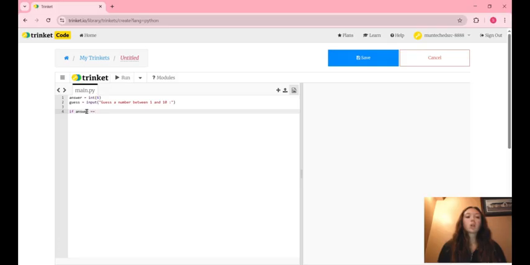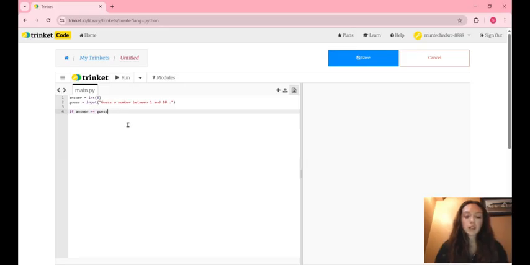We're not setting guess equal to answer. We're not trying to make a variable there and store the guess in answer. We're trying to say if answer is compared to guess. We're comparing the two. That's what two equal signs do. So if answer equals the same number as guess,